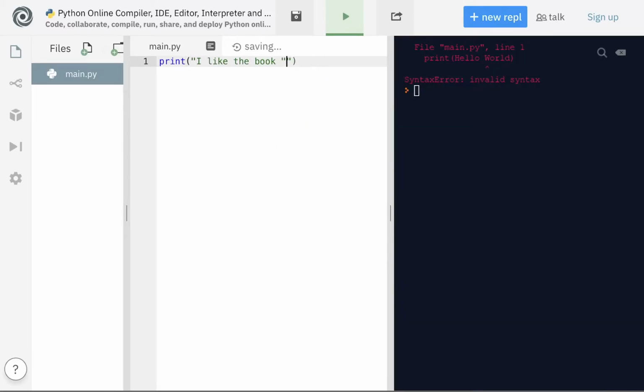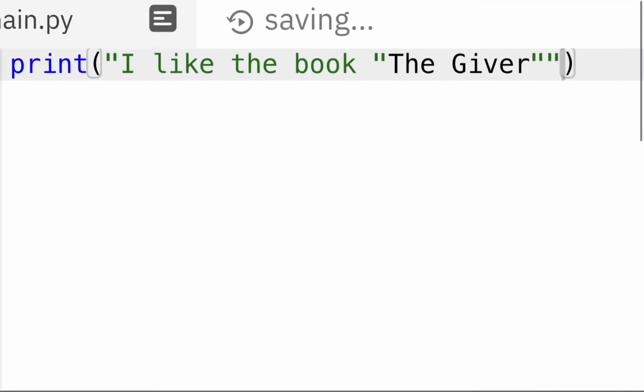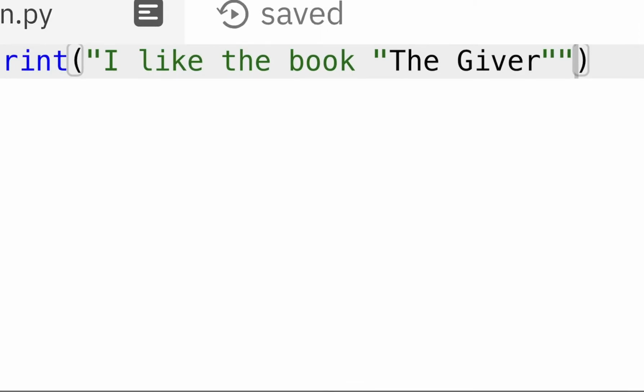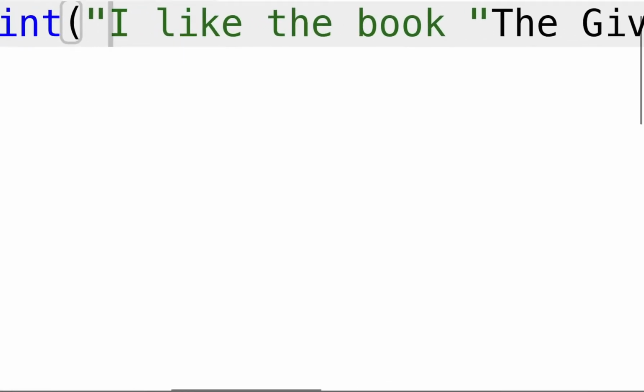I like the book, The Giver, and then you add another one. This is not correct because when we compile it, it's still invalid. So as we can see, I like the book, The Giver. And then we're not going to add any periods. But here's the thing. It's taking I like the book